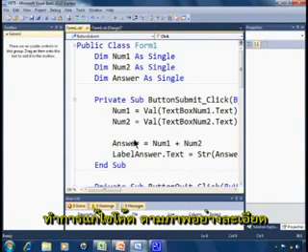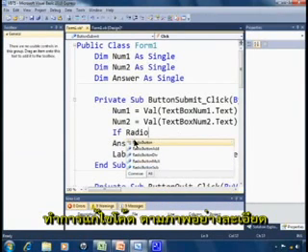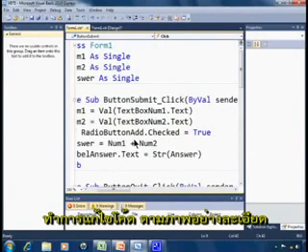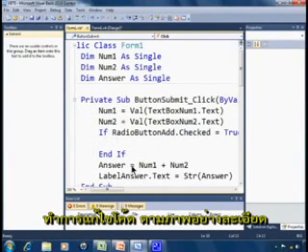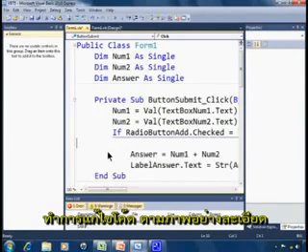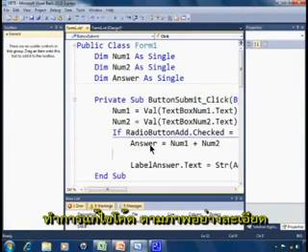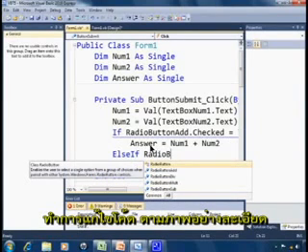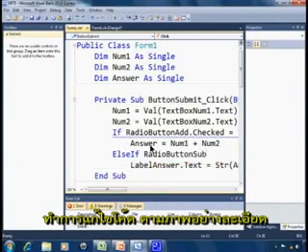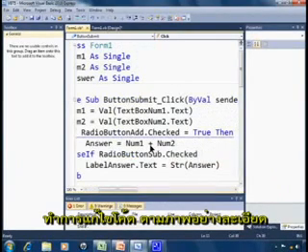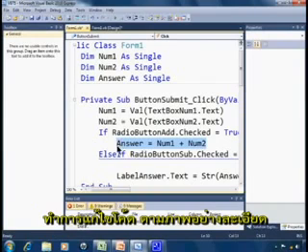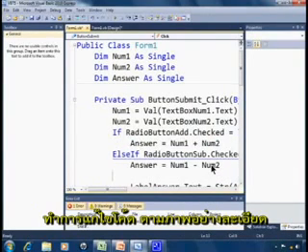So here, with the answer, I'll go if radio button add.checked equal true, then we'll have the answer equals num1 plus num2, else if radio button subtract.checked equal true, then let's go ahead and copy this, num1 minus num2,